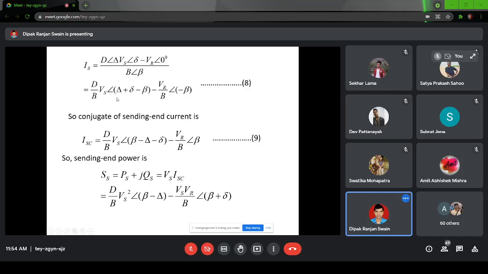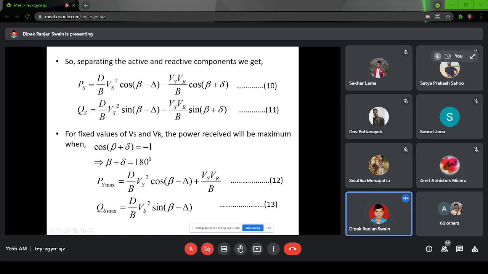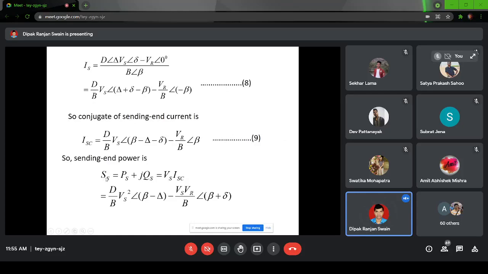Now this is IS. So if I want to find the IS conjugate, these angles will be negated. Delta positive becomes negative, A delta positive becomes negative, beta negative becomes positive, A beta negative becomes positive. So the angles are negated. Now if I put that value in the expression, what is the sending end complex power? PS plus JQS, which is VS into IS conjugate. Putting the value of IS conjugate in this expression, this will be the value of complex